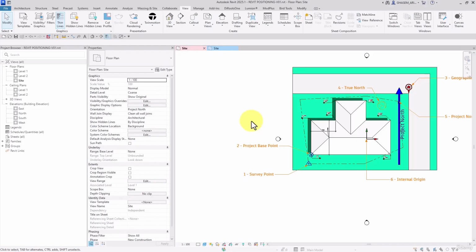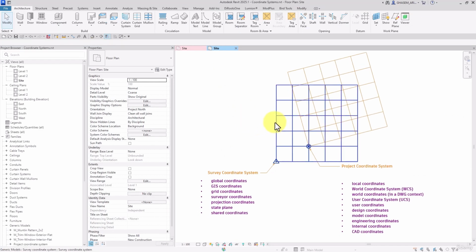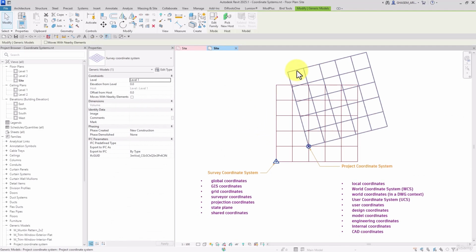And in this episode, we're gonna talk about survey point and project base point, which are considered practical coordinate systems in Revit projects. Firstly, I have opened the file here. As you can see, here we have the survey point and project base point both,